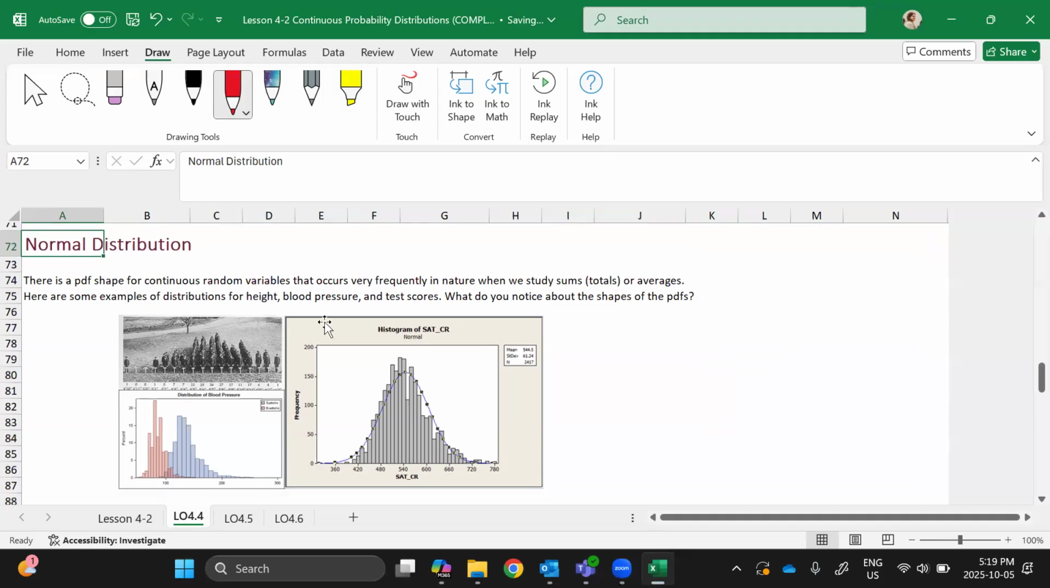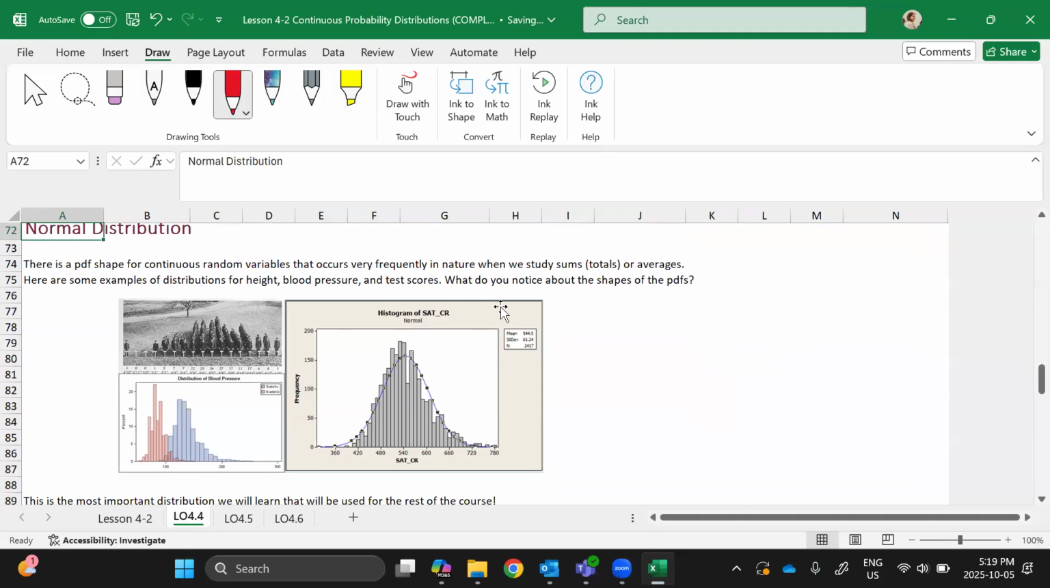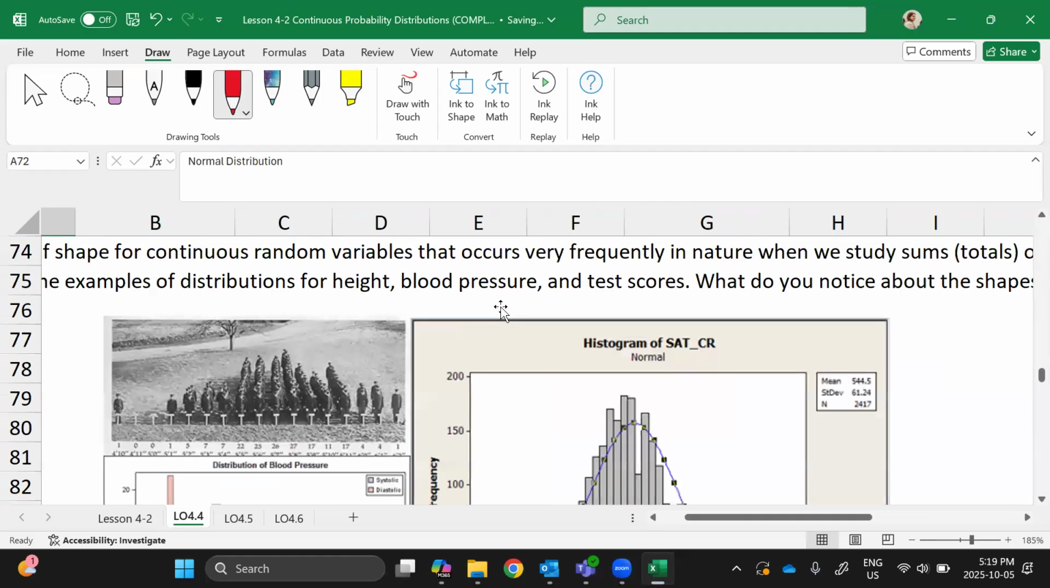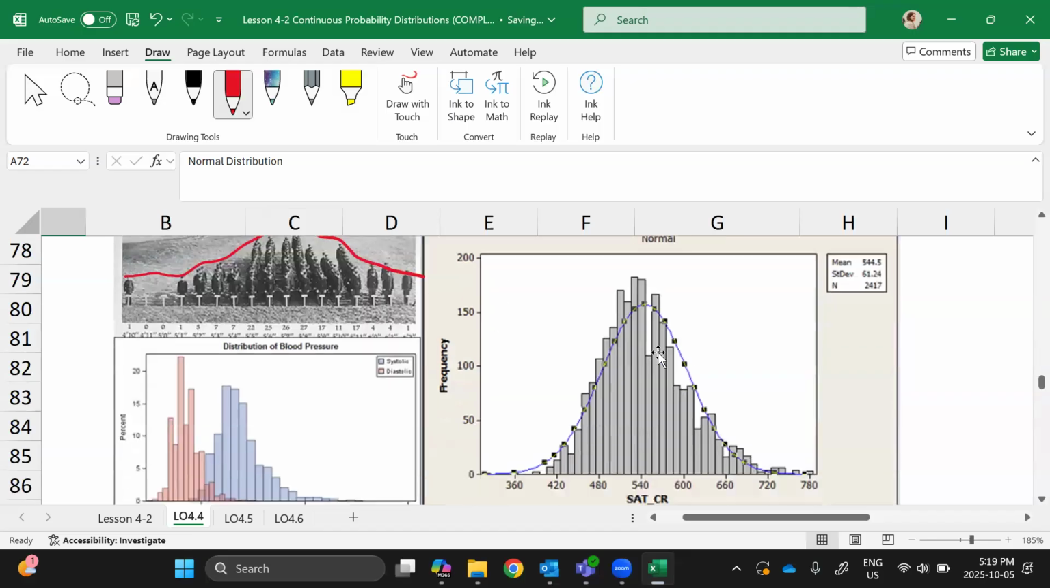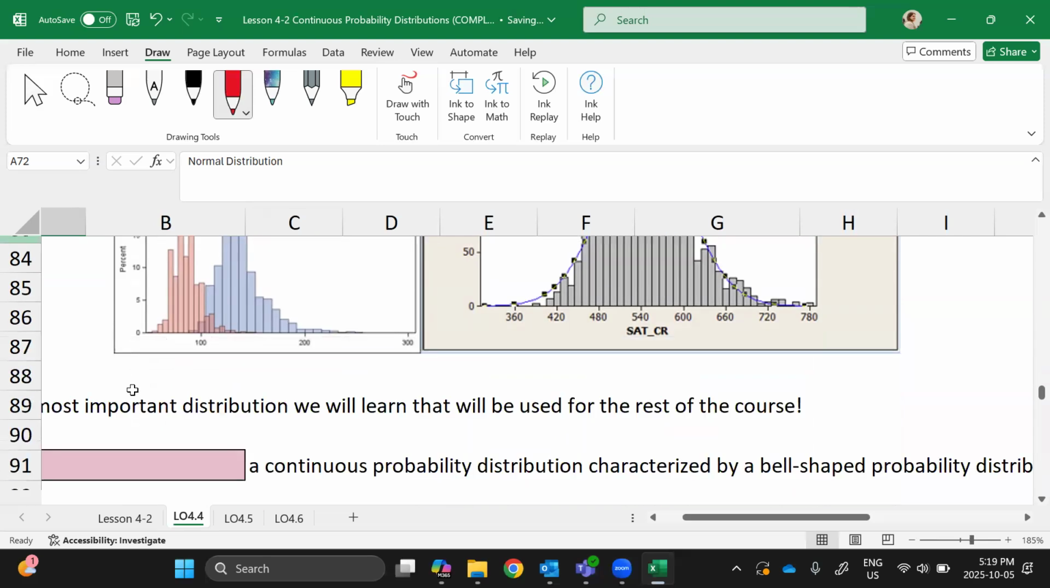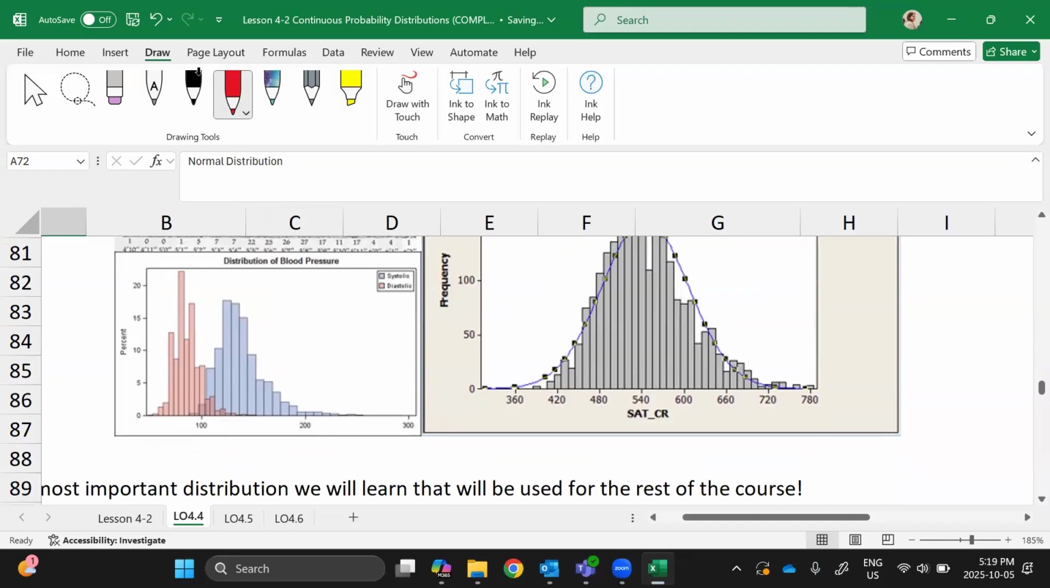So if you look at values in nature, anything related to sums or totals or averages, you get a very characteristic shape. So here are people in the military lined up according to height. If you try to draw a curve over their heads, it might look something like this. These are real SAT scores. Someone drew a curve in blue over it. And these are real blood pressures for systolic and diastolic blood pressure. Again, if I draw a rough curve over the bars in the histogram,